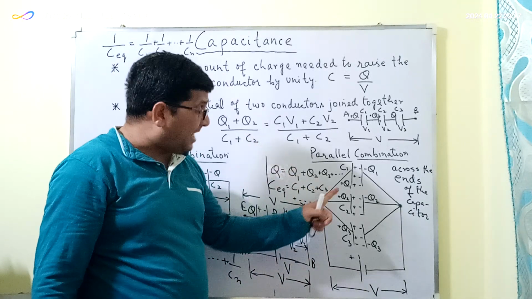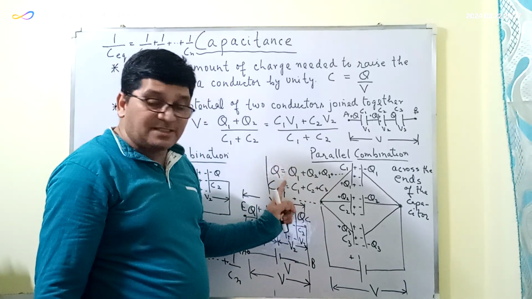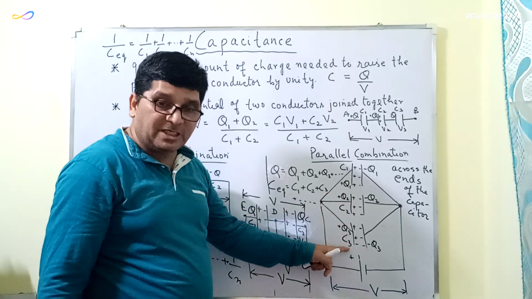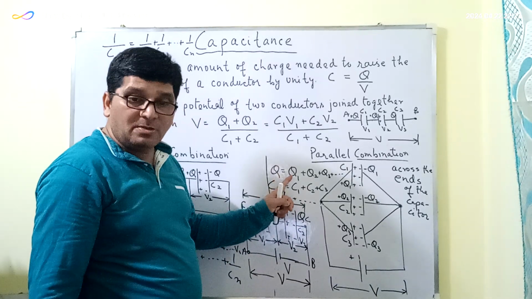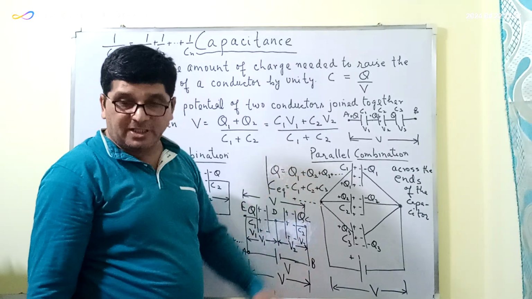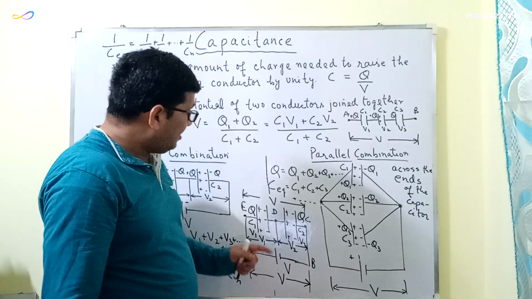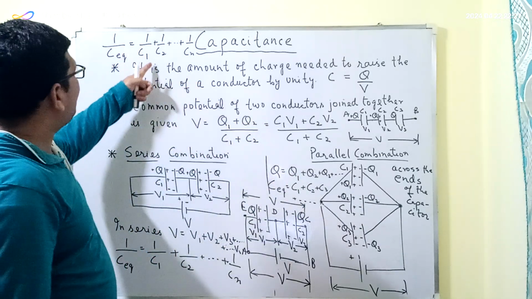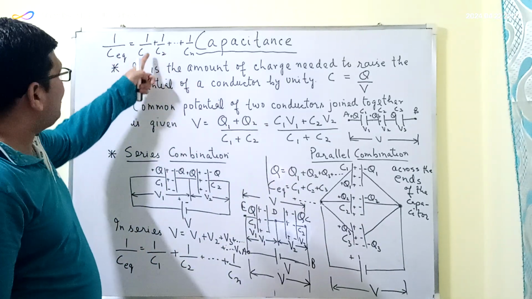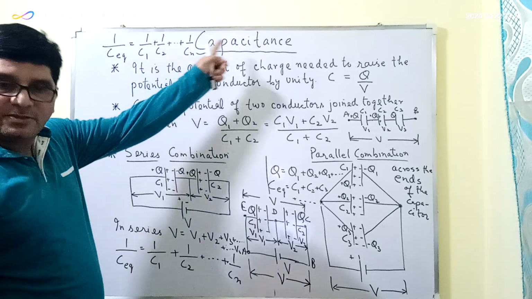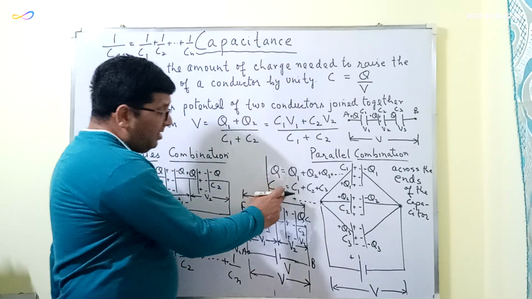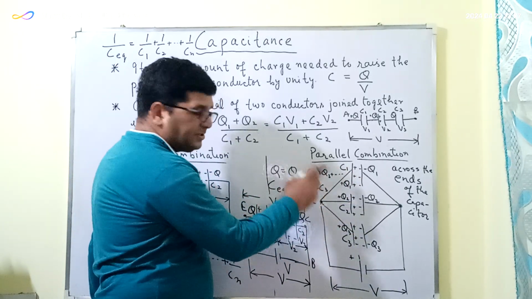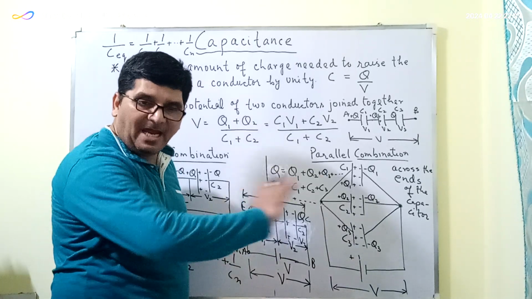ठीक है? सीरीज में होता है. बट यहाँ पर क्या हो रहा है? यहाँ पर चार्ज क्या है? अगर इसके ऊपर चार्ज Q1 है, इसके ऊपर चार्ज Q2 है और इसके ऊपर Q3 है, then the total charge Q is equal to Q1 plus Q2 plus Q3. ठीक है? और यहाँ पर जो नेट कैपेसिटेंस है, यहाँ पर कैपेसिटेंस क्या हुआ था? 1/C equivalent was equal to 1/C1 plus 1/C2 plus so on. यहाँ पर क्या हो रहा है? The C equivalent is equal to, इसकी कैपेसिटेंस C1 है, C2 है, C3, तो C1 प्लस C2 प्लस C3. यहाँ सिंपली एड अप हो जाएंगे.